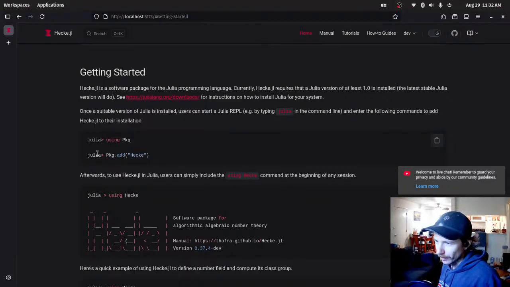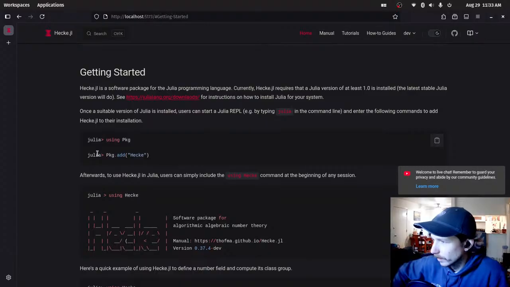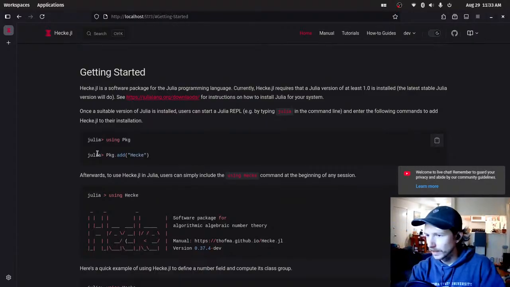So Hecke.jl is a software package for the Julia programming language. Currently, Hecke.jl requires that Julia version 1.0 is installed. The latest stable version of Julia will do. See Julia downloads for instructions on how to install Julia for your system. Once a suitable version of Julia is installed, users can start a Julia REPL, e.g. by typing julia in the command line, and entering the following commands to add,